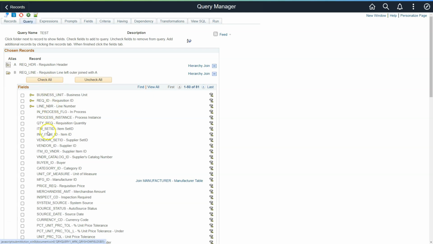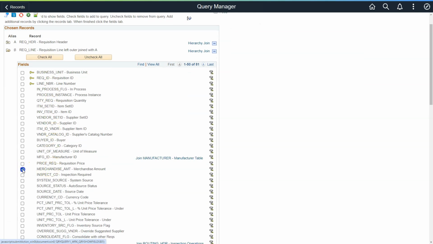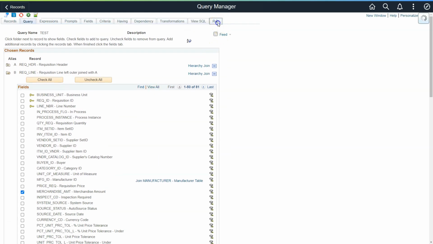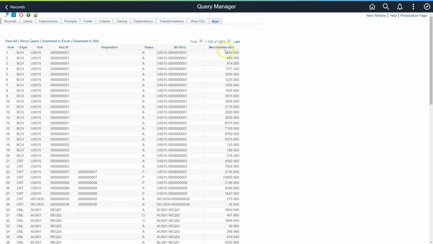And then the field for merchandise amount is this one coming from the requisition line table. So if we click on run, we can see the merchandise amount. However, the currency is missing from this field because it's only a number field. Now, if we assume that all these transactions are in US dollar, we can assign a currency to all of